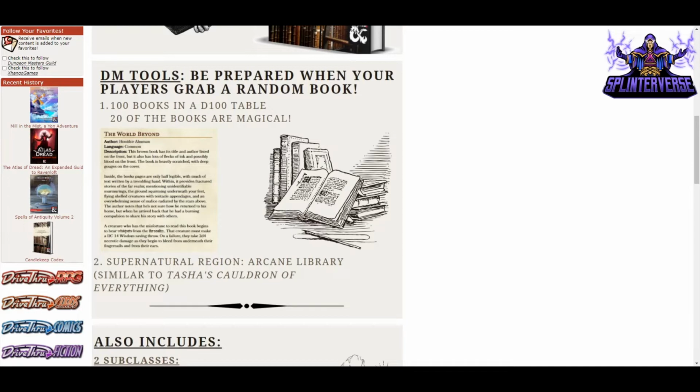And you can see it's got 100 books and a D100 table. 20 of those books are magical, and here's a sample. It's got the title, the author, the language, and then this 3-paragraph description of a book. A lot of times these tables, they give you a little bit of information about books, but this is in-depth information about books people can find, so you can really even print this out and hand it to your player and say, this is the information on the book you found, so that if they want to read it or you want to have some downtime activities devoted to